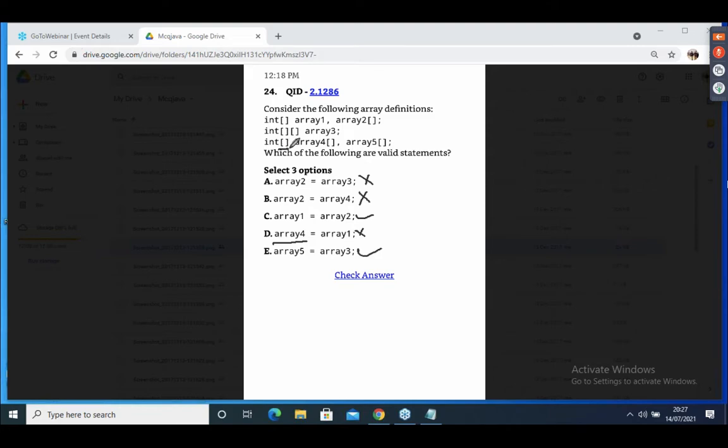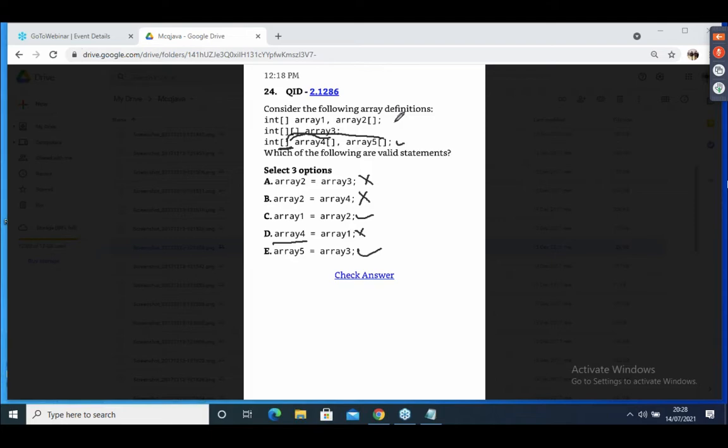Observe here. AR4 and AR5 are two-dimensional arrays. Here, instead of writing the brackets two times, you can write it like this. Observe: two brackets are there for AR4, two brackets for AR5, so these two are also two-dimensional. Option A, how is it correct?